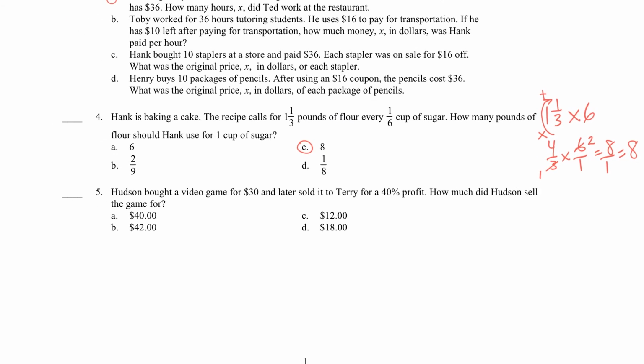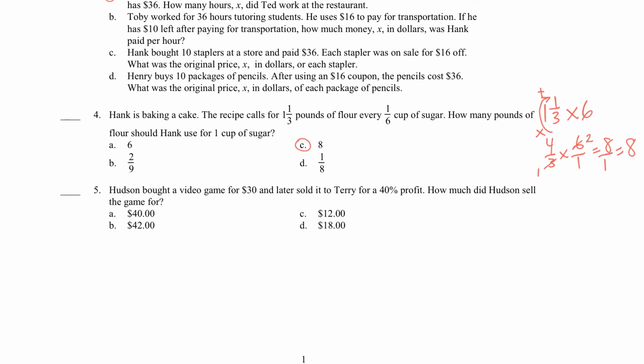Okay, next. Hudson bought a video game for 30 bucks and later sold it to Terry for 40% profit. How much did Hudson sell the game for? Okay, so he bought it for that and he increased it by 40%. So I would say he bought it for 30 bucks and he increased it. So he added 40%